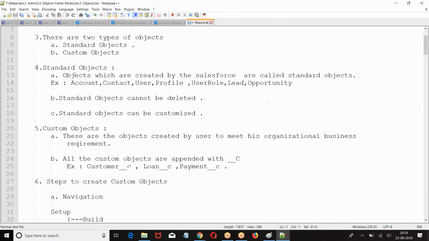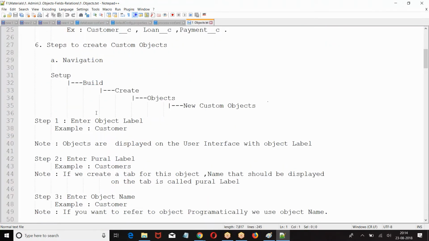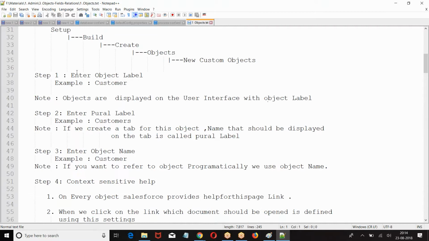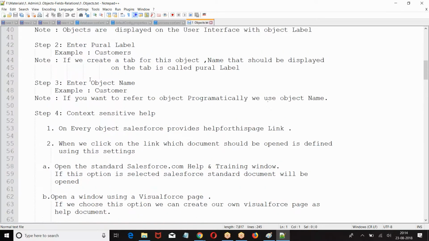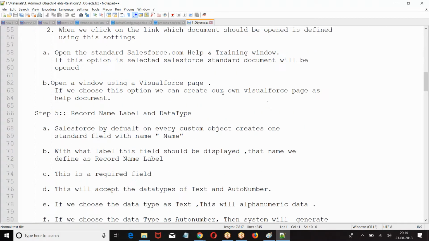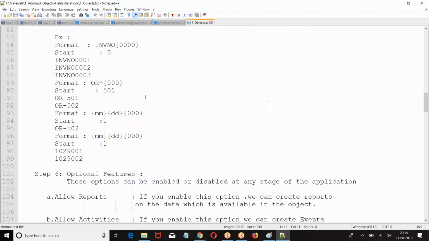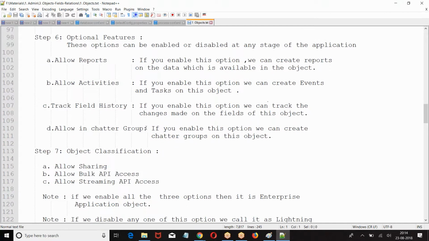Right, this is what we have discussed. Objects, standard object, custom object. What we have seen with the creation of custom objects. So what was step number 1? Enter the object label. Objects are displayed to the user with the object label. Plural label, the name that is displayed on the tab. Object name, context sensitive help. Fifth one is record name label and data type. Then we had next optional features: allow reports, allow activities, track field history, allow in chatter groups.